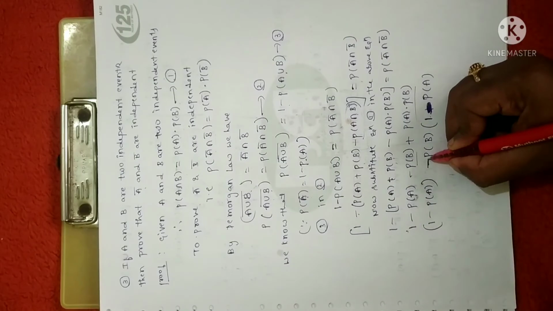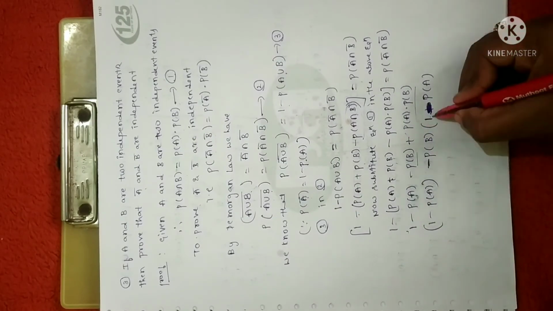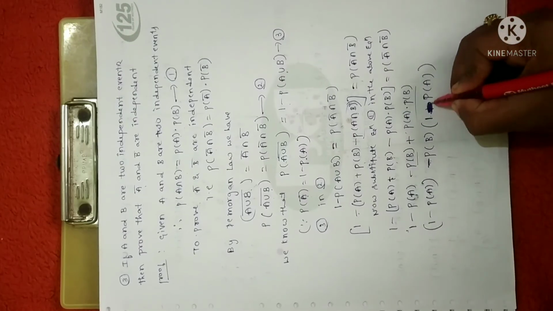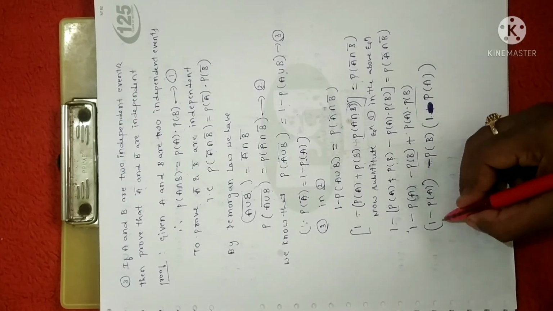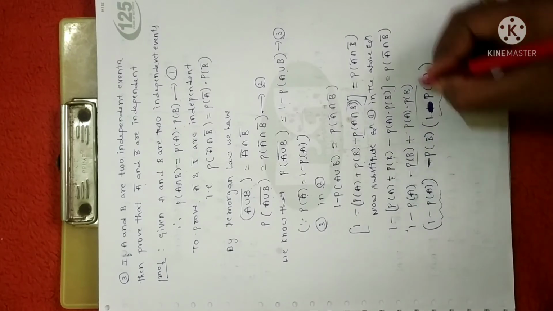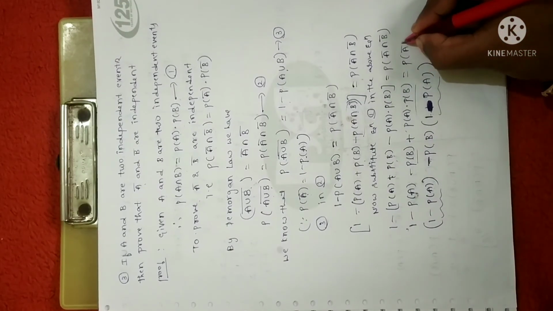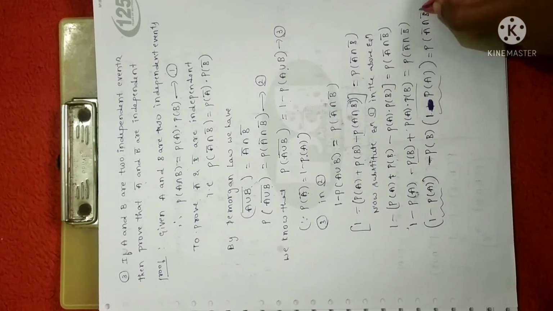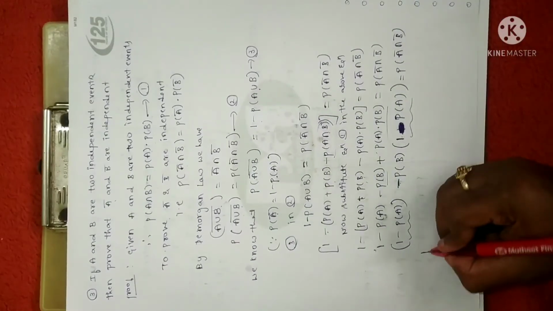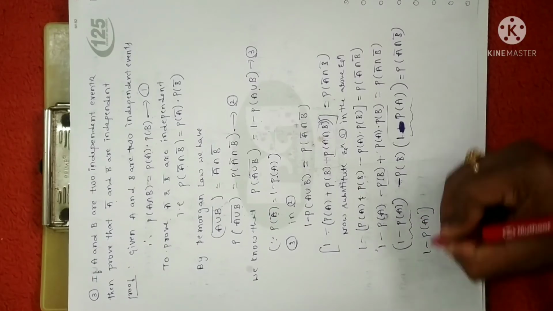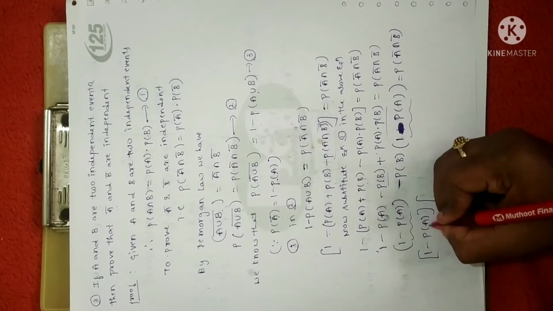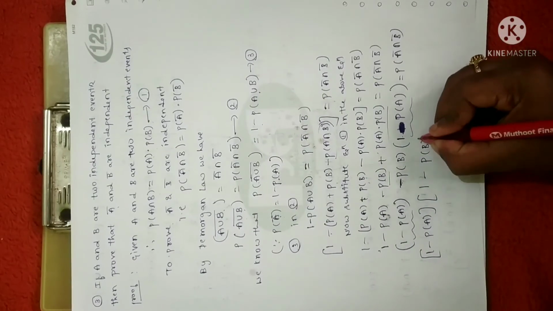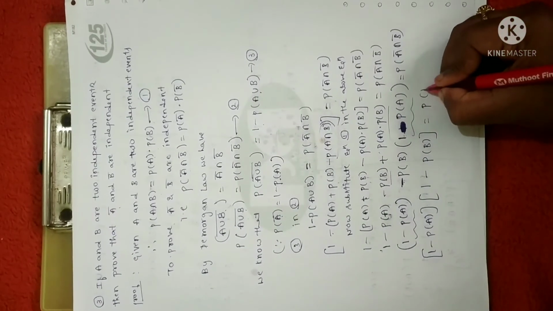If you multiply this minus inside, you will get back the previous steps. Here minus P of B, minus into minus is plus P of A into P of B. One and the same, so you will get 1 minus P of A. Again, what is the common term? 1 minus P of A. So I'll just write probability of A bar intersection B bar. Now let me take 1 minus P of A common. What you are left with, when you take this common, is 1 here. So this term comes common, and you will get 1 minus P of B, which is equal to probability of A